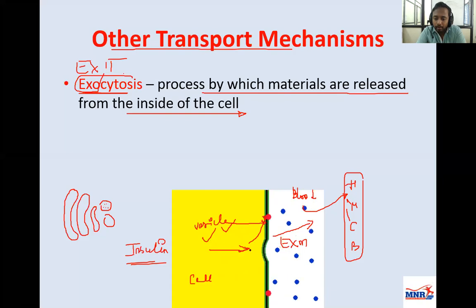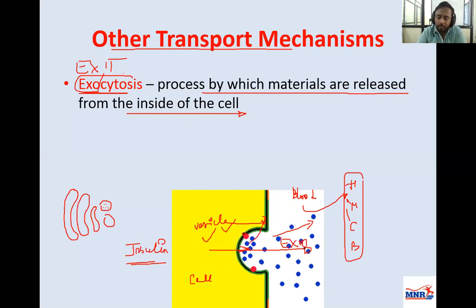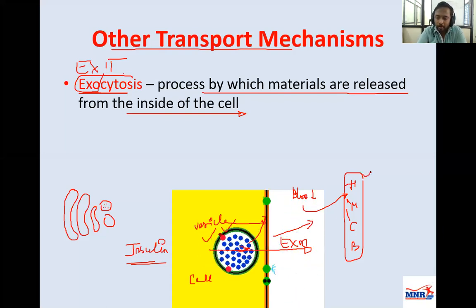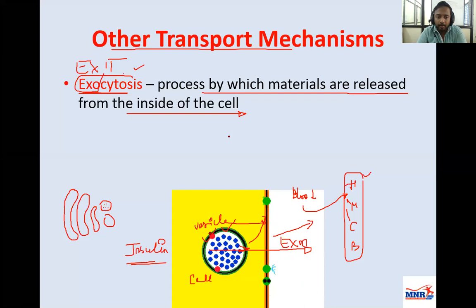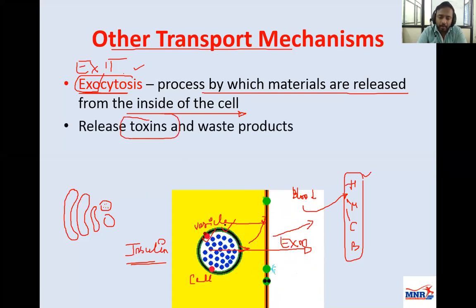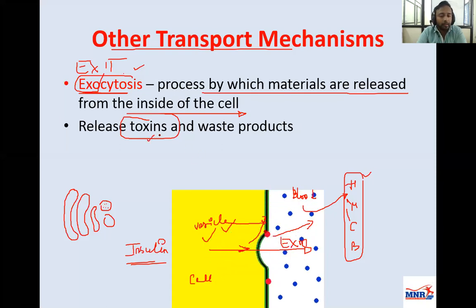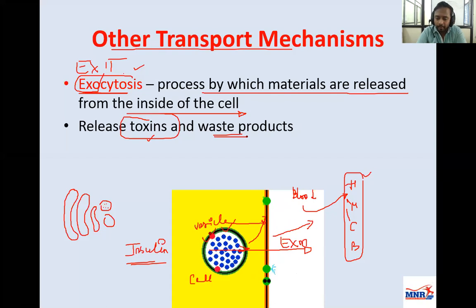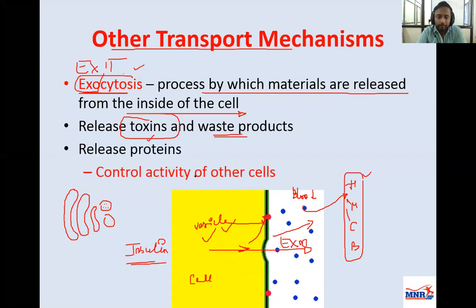And whatever component is there is released outside the cell, and that might go into absorption for the blood, from blood to the various organs. So that is exocytosis, exiting the cell. The components are exited outside the cell. They might release anything. I just gave the example of a hormone. It can be toxin components which are digested, or waste products from the cell, which are just released into the blood.